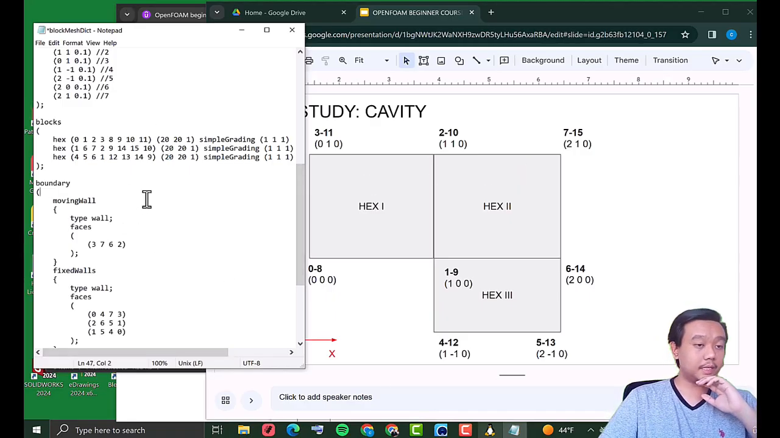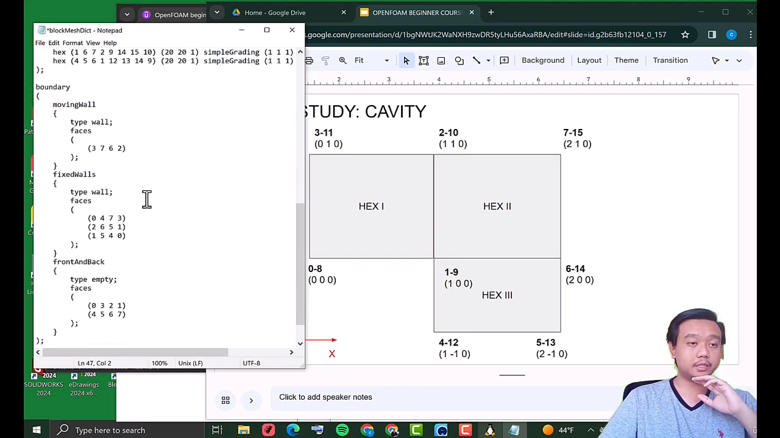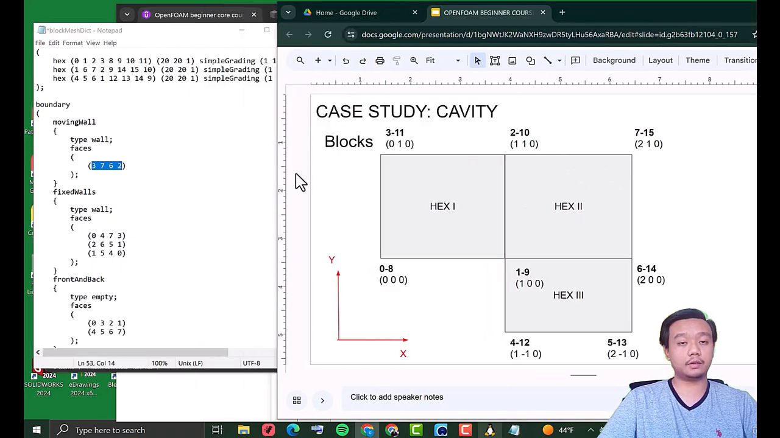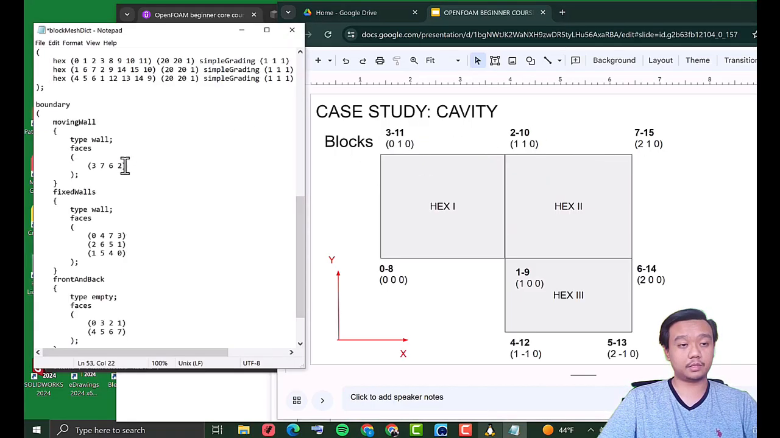So then we go to the boundaries. It is a little bit tricky because we have more than one block here, and you must define the faces for each block. So you cannot define the connected faces. Let's say if you want to define the top face of this, you cannot do like the 3, 7, 15, 11. Instead, you must define it one by one, like the 3, 2, 10, 11, and make another line